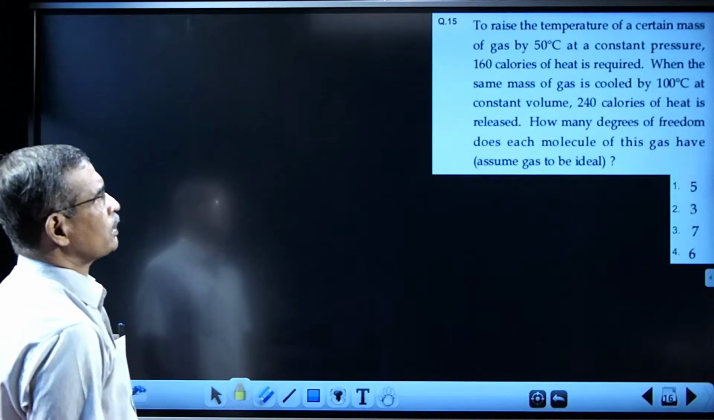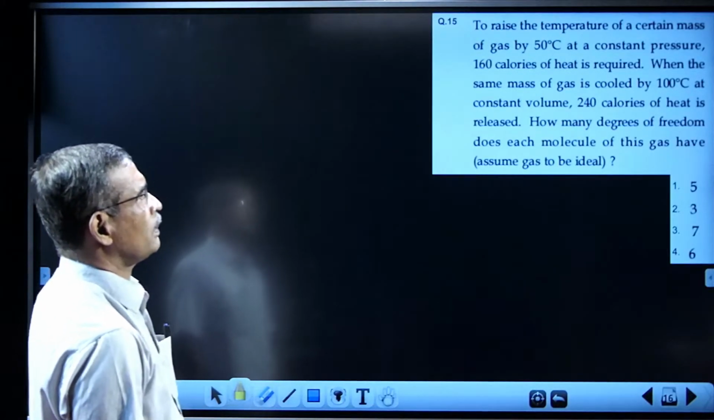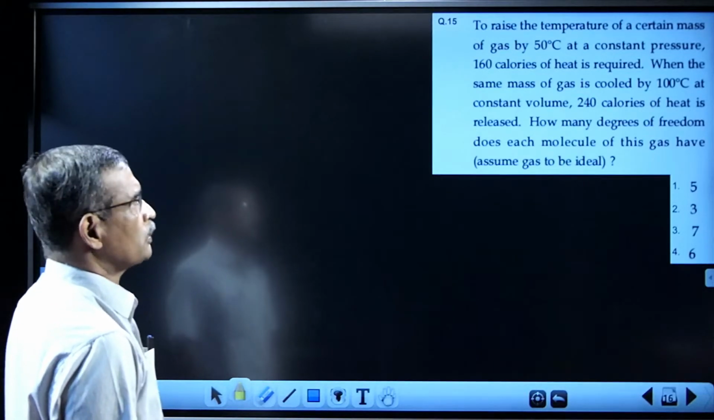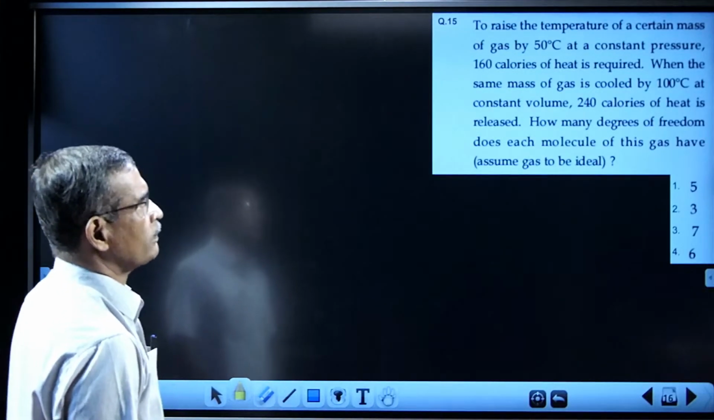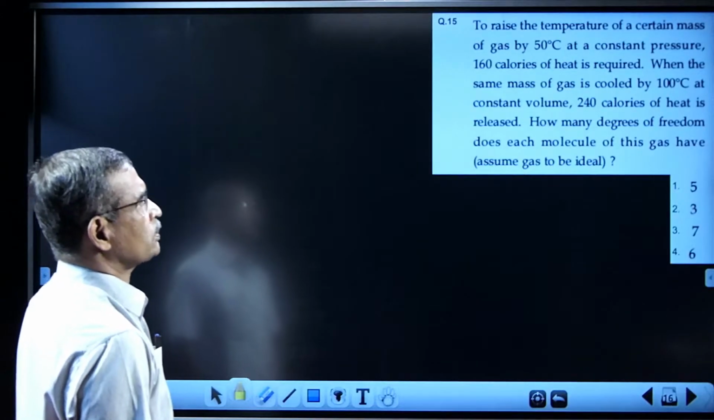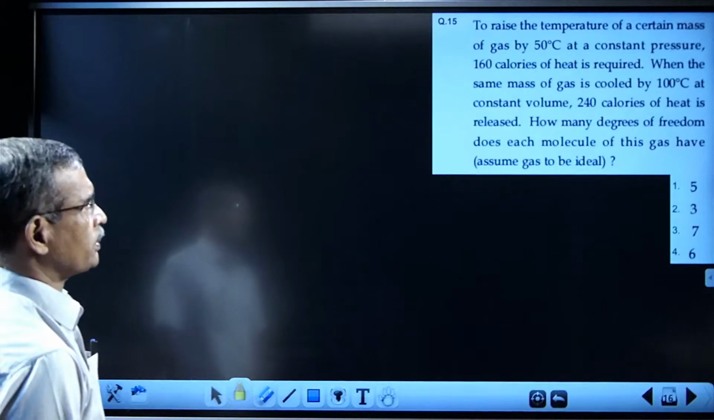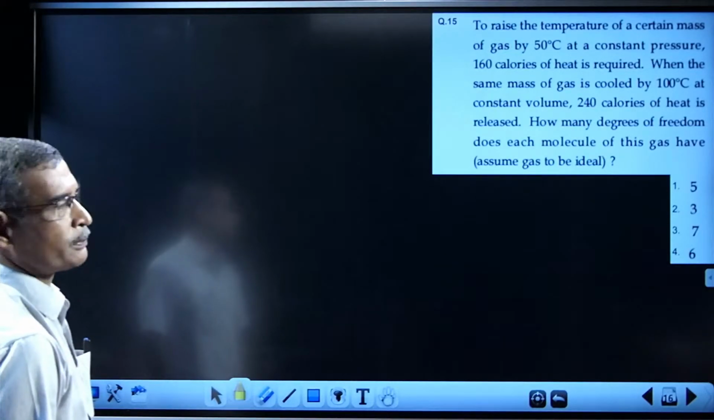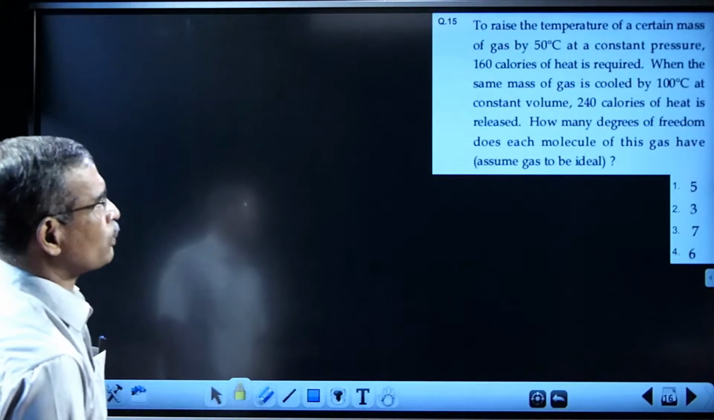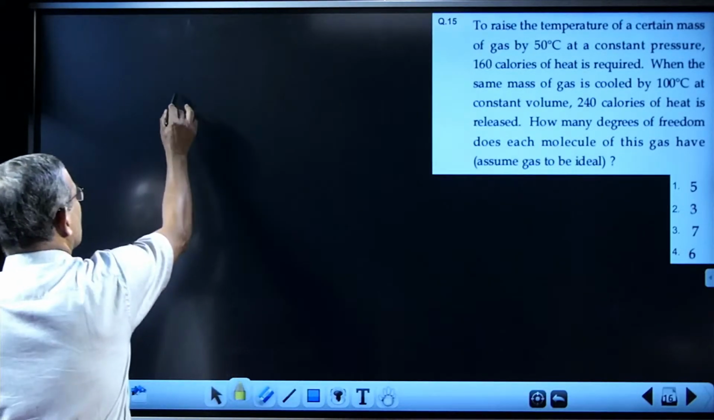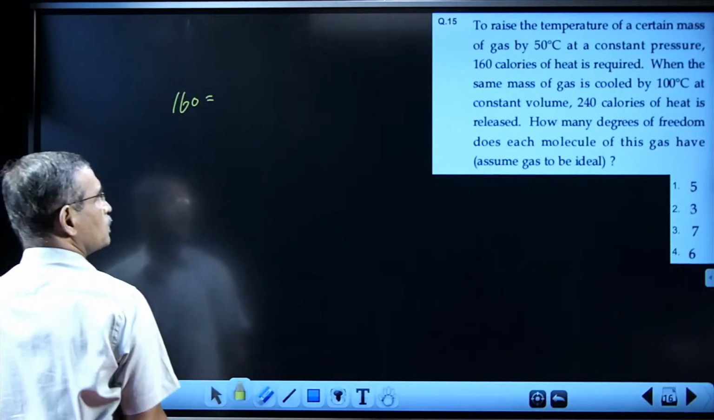To raise the temperature of a certain mass of gas by 50 degrees centigrade at constant pressure, 160 calories of heat is required. When the same gas is cooled by 10 degrees at constant volume, 240 calories of heat is required. How many degrees of freedom are there? First data: at constant pressure, heat required is 160. 160 is equal to